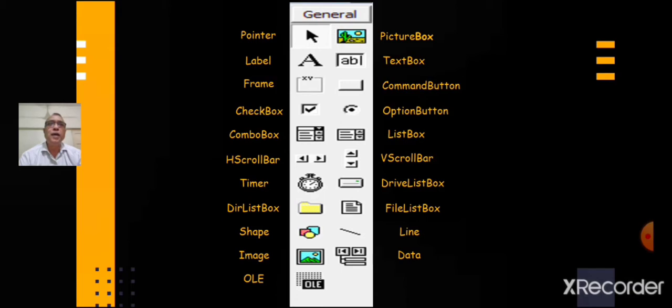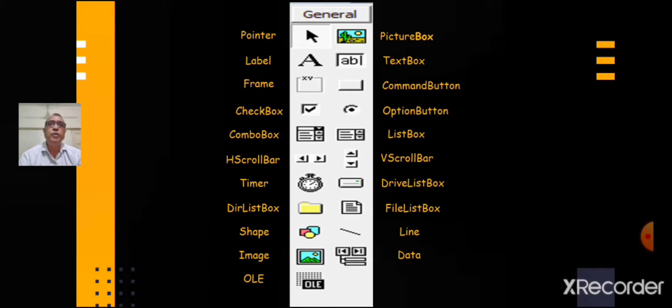Combo box contains a text box and a list box. Timer executes the timer events at specified intervals of time. Shape is used to add shape, for example, rectangle, square or circle to a form.